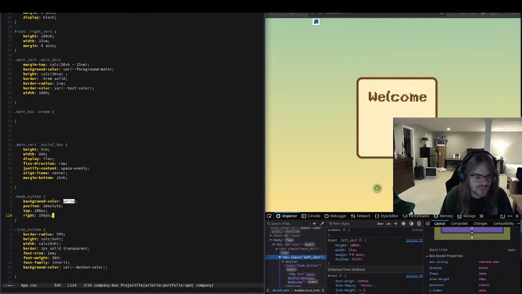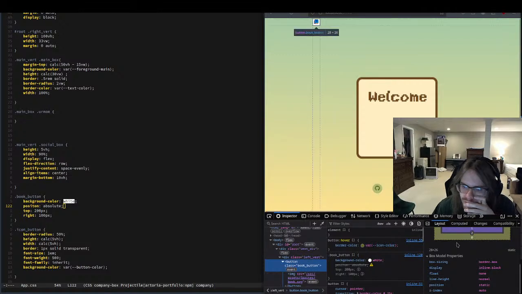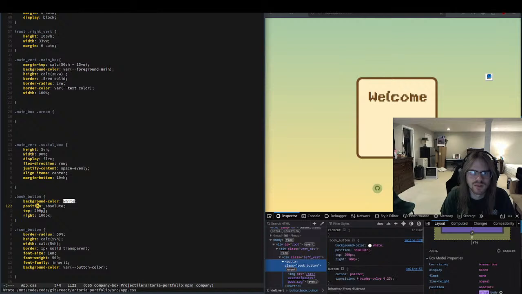So obviously something is keeping it centered. But why? Oh, it's getting overwritten. Alright. There we go. Okay. So let's just change this back to relative. There we go. Okay. And then it's bringing it down 200 pixels and then right 100 pixels